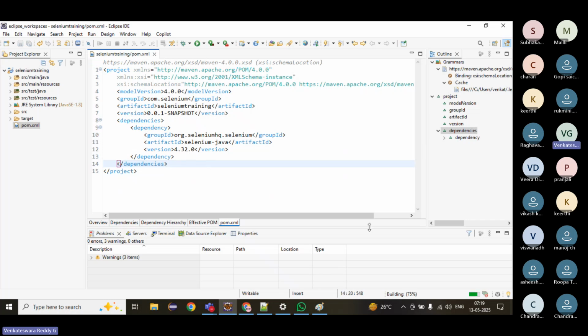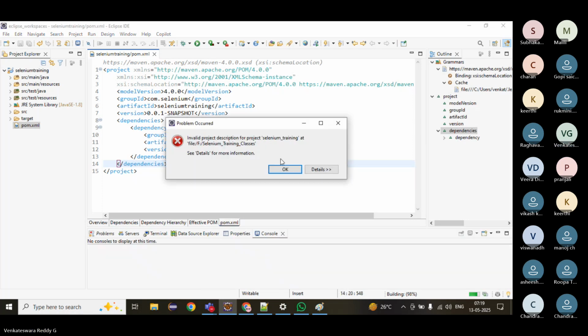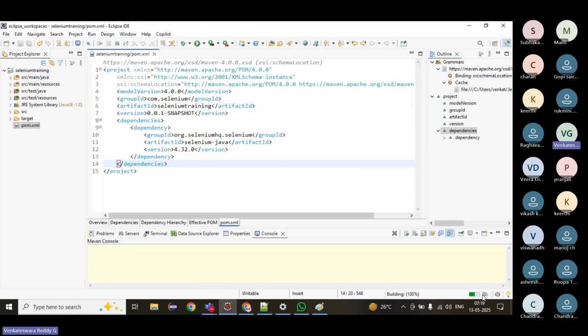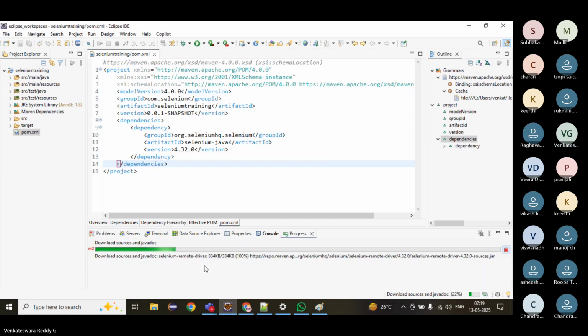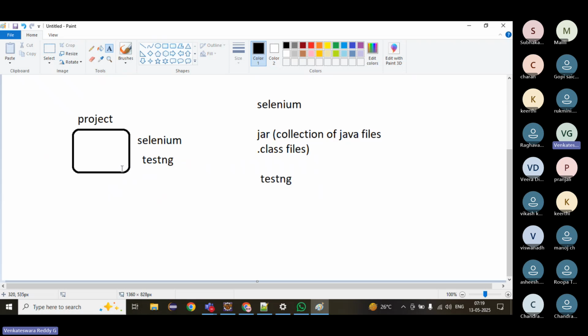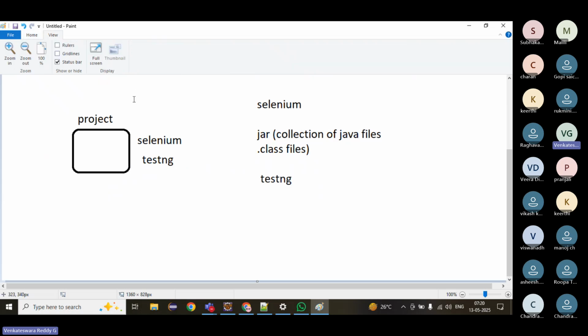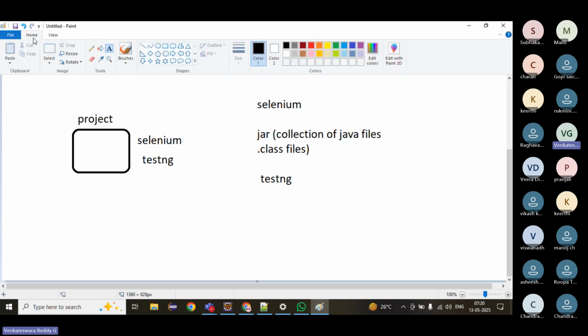Once you save it, it will download automatically. It will start downloading the dependency. What will Maven do? There is a concept called, how will it download? Suppose